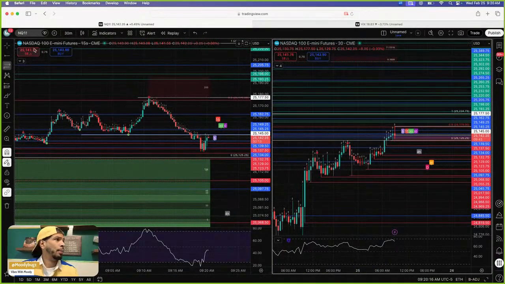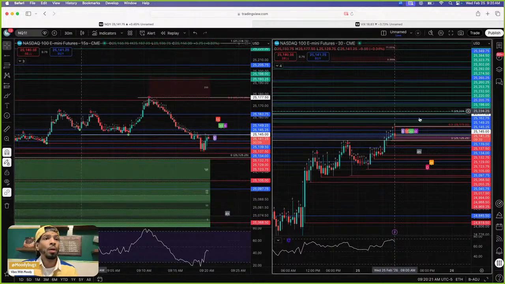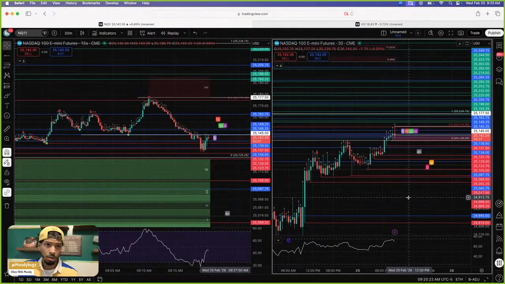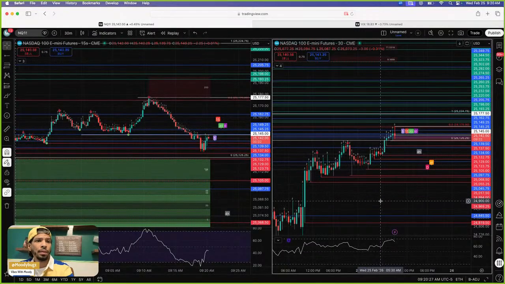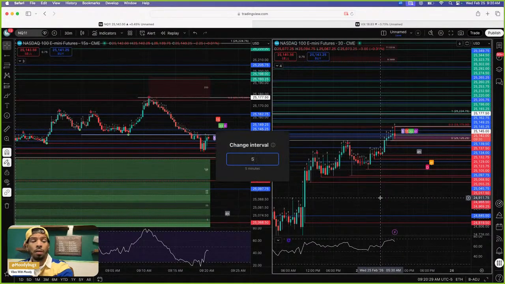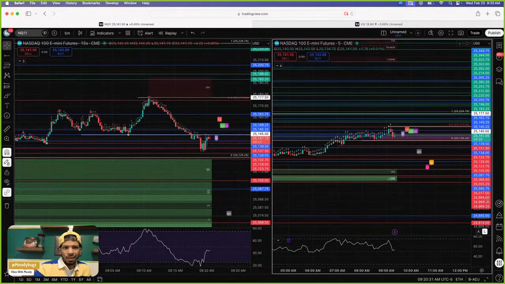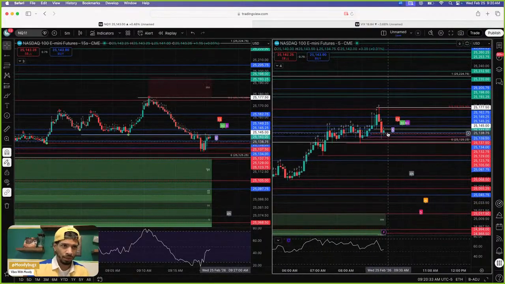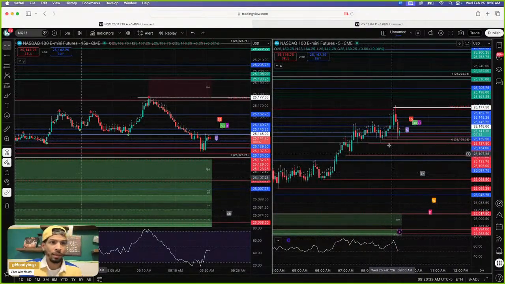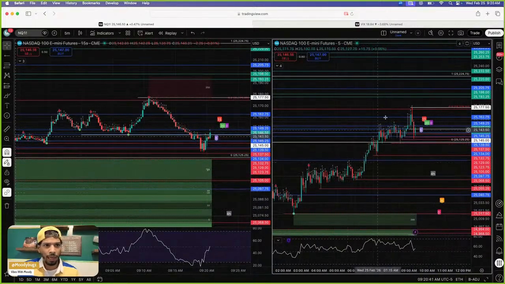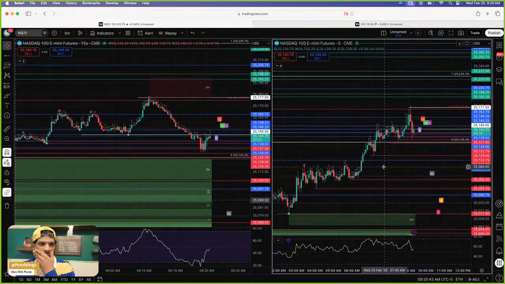As I always tell people, with me seeing what I just saw, I don't mind taking it down to a 5 minute. However, I saw everything that I saw. Right now the 5 minute is giving me a potential morning star reversal back up. So we're going to see what happens, right? We're definitely going to see what happens.